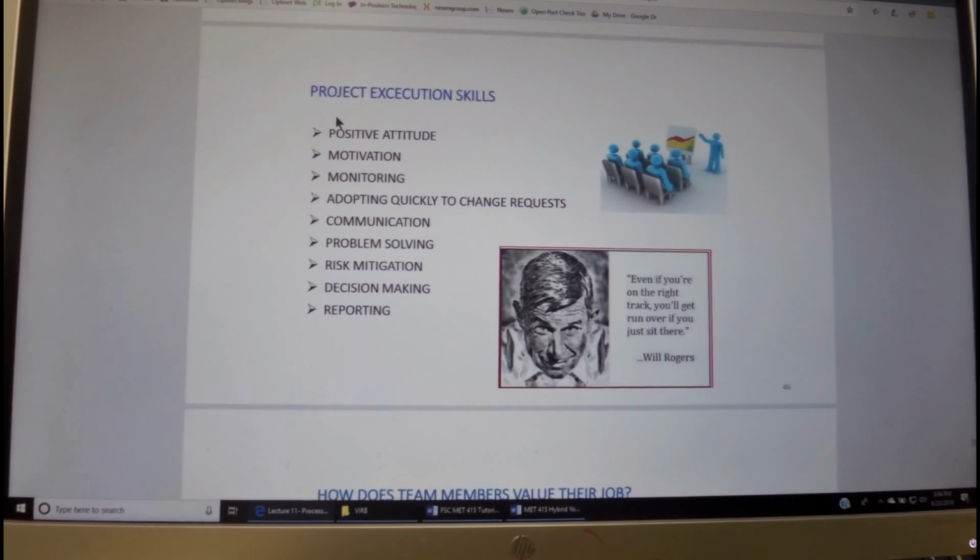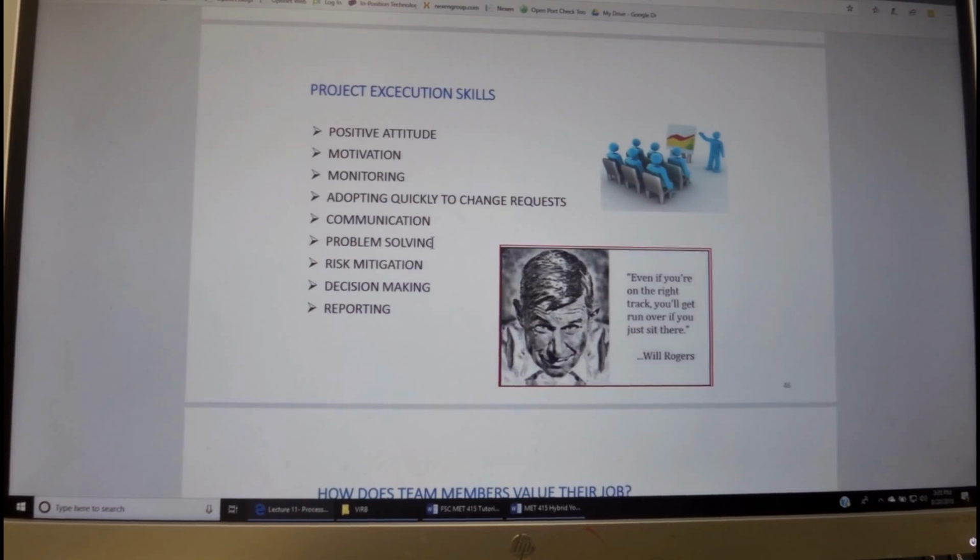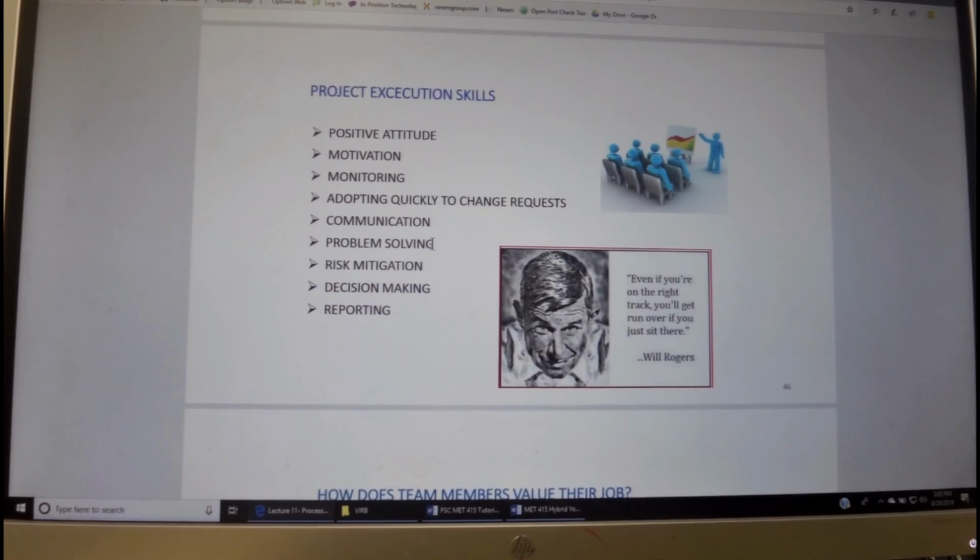The execution skills that we would like to have team members bring into the project are positive attitude, motivation to succeed and win, monitoring everybody's own work as well as the project manager's and the team's work, adapting quickly to change requests, good communication procedures, and a problem-solving attitude. If there is an unexpected problem, the attitude is not to complain, but to try to solve it.